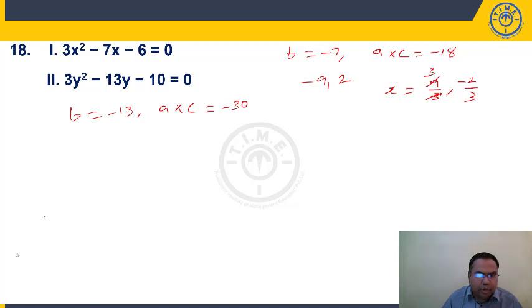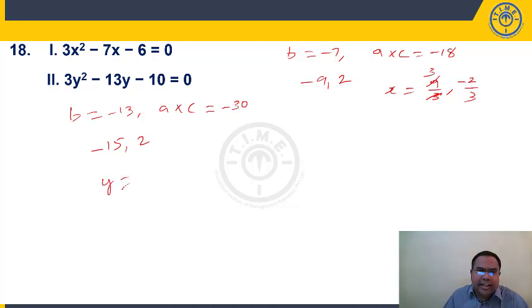What is it that you need to do? A into c is negative, so you have to write it as difference of two numbers. So I am writing it as 15 and 2. 15 and 2, my mistake, sorry, it is not sum of two numbers. 10 and 3 is 13, 10 plus 3, it is sum of two numbers. But a into c is negative, you have to write it as difference of two numbers. So 15 and 2. 15 and 2 difference is 13, 15 into 2 is 30, but we should get minus 13. So larger number should be negative. Minus 15 plus 2 is minus 13, minus 15 into 2 is minus 30. You got the point? Right.